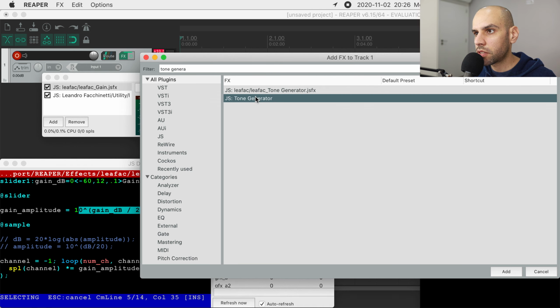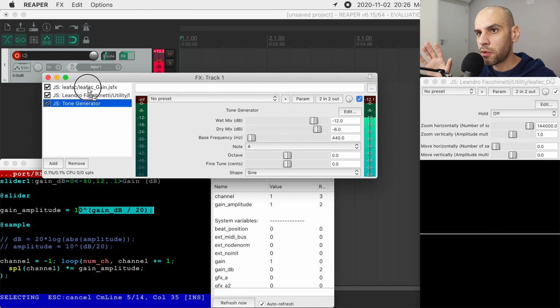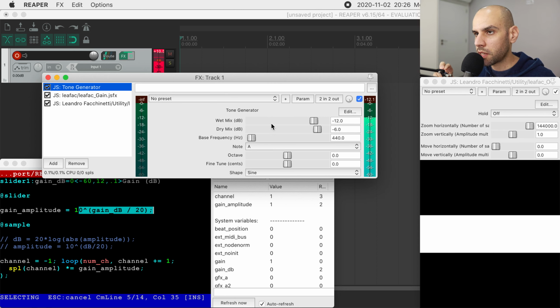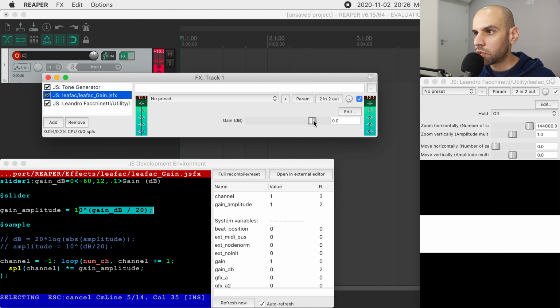And this tone generator, we are going to create a tone generator in a future episode. You just saw me bringing the wrong tone generator. But this is the one that comes with Reaper. So now we are producing noise that is exactly minus 12 dB. And we have the gain here. So this comes in as exactly minus 12 dB. And if I bring it down 6 dB,